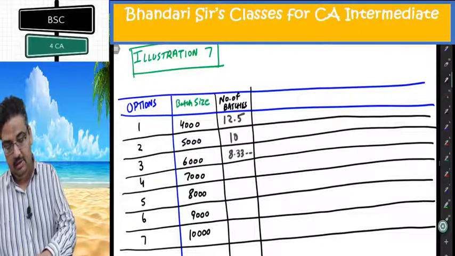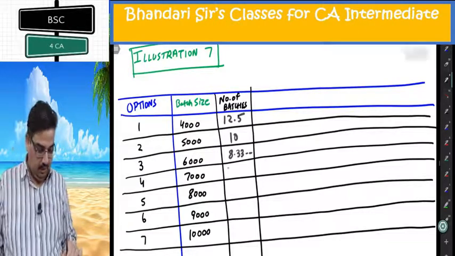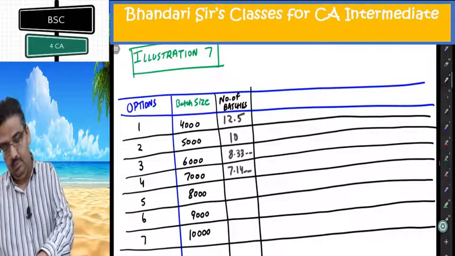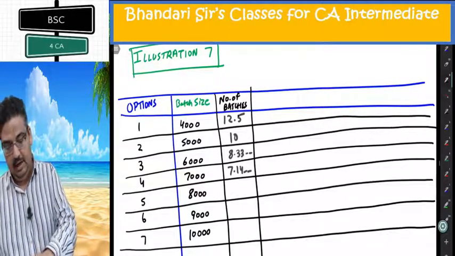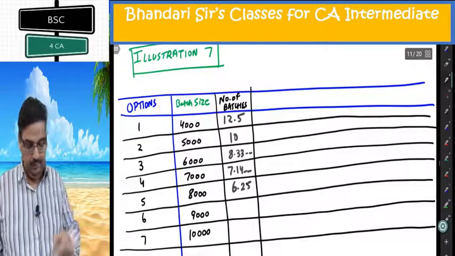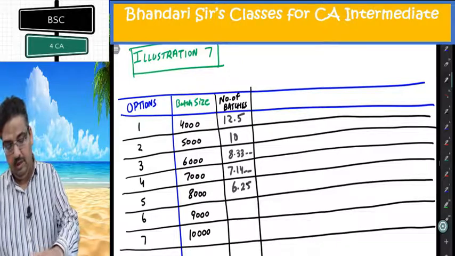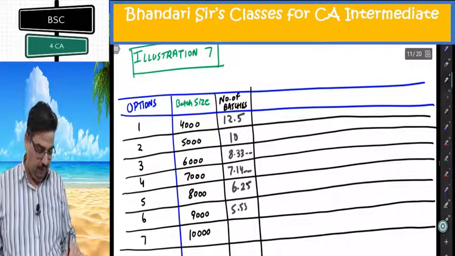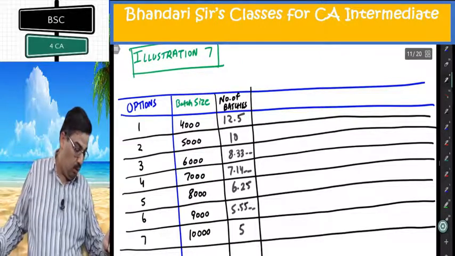50,000 divided by 7,000, 7.1428. 50,000 divided by 8,000, 6.25. 50,000 divided by 9,000, 5.55, so 5 batches. Now,